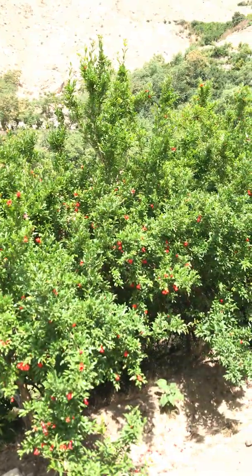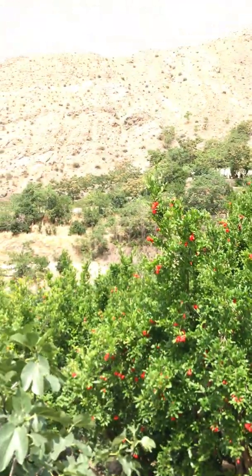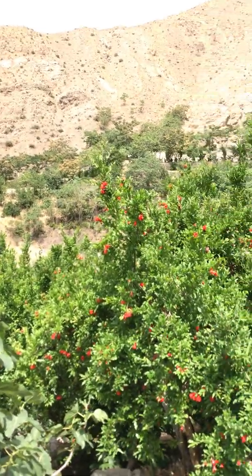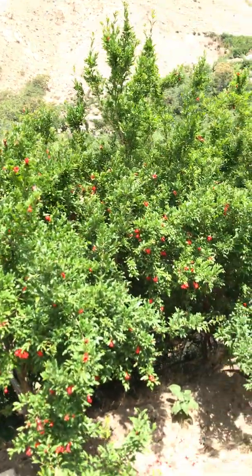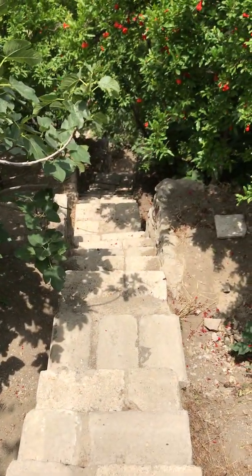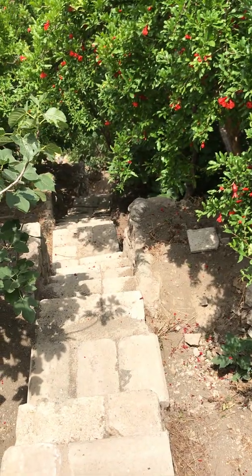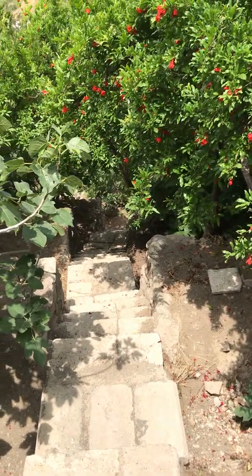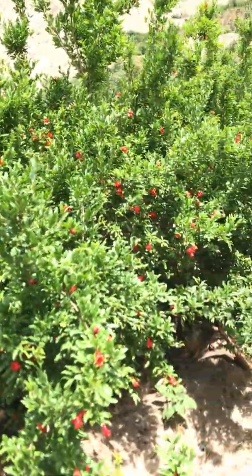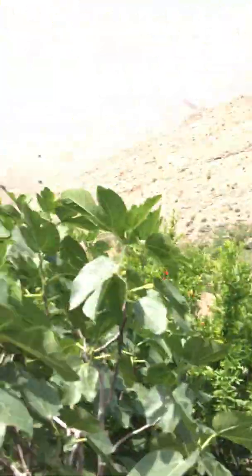And in Iran, actually, most food forests are built around spring waters. And you see there is stairs you can traverse between the levels of the food forest. You see some pomegranates, figs, and